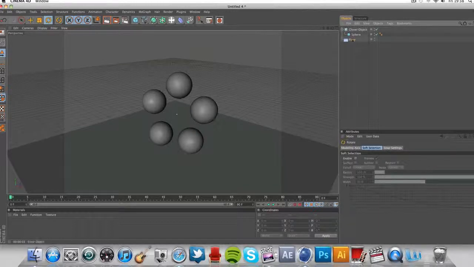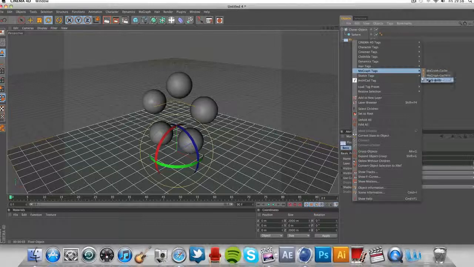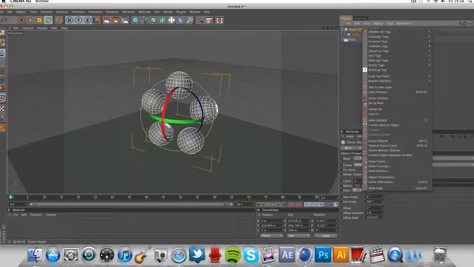And we're going to add a rigid body on both the floor and the cloner object. So right click, MoGraph tags, rigid body, and again repeat this on cloner object, right click,